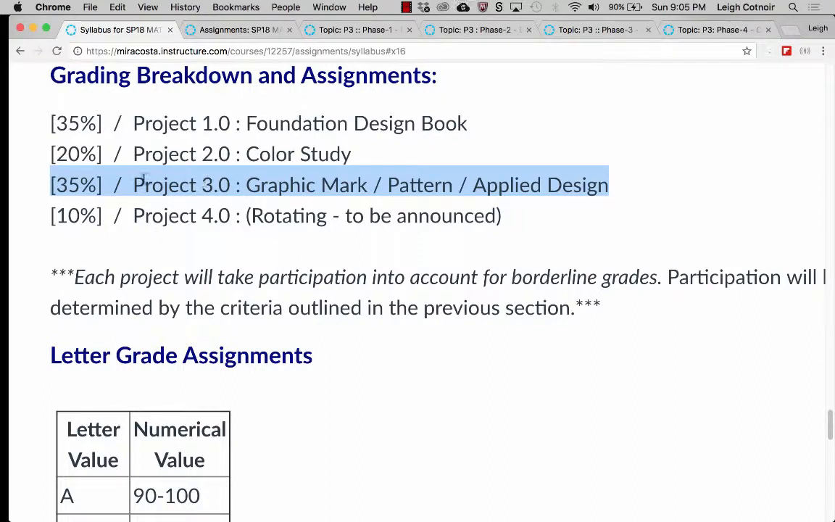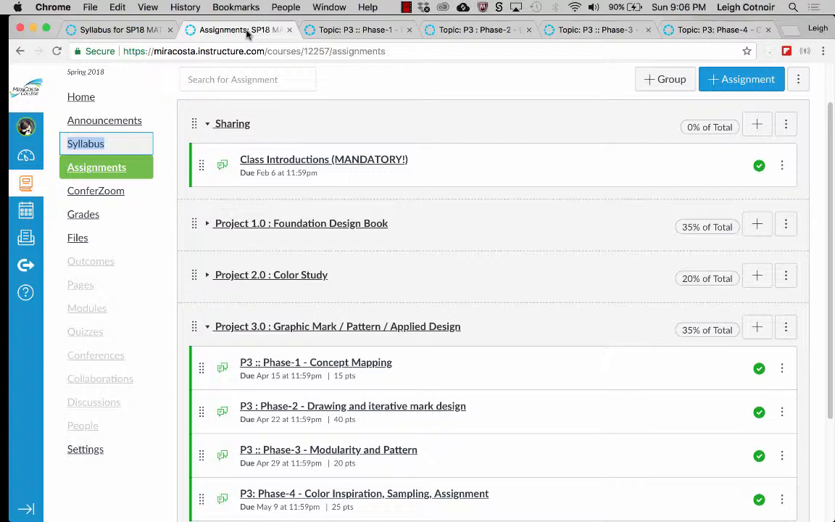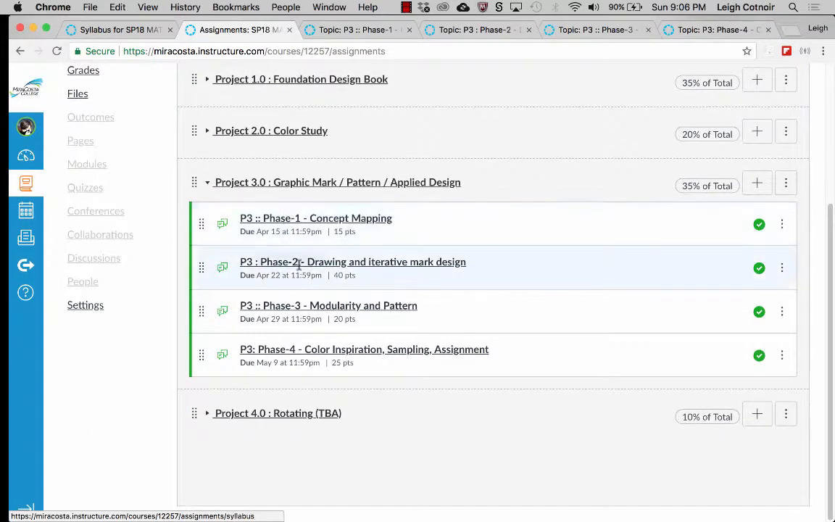It's project 3. As of this recording, this could be different if it's a different semester, but as of this recording, the entire project represents 35% of your grade, so it's pretty significant. And like I said, it could be different if it's a different semester, but I will notate that if it is. Let's take a look here. If you look at the